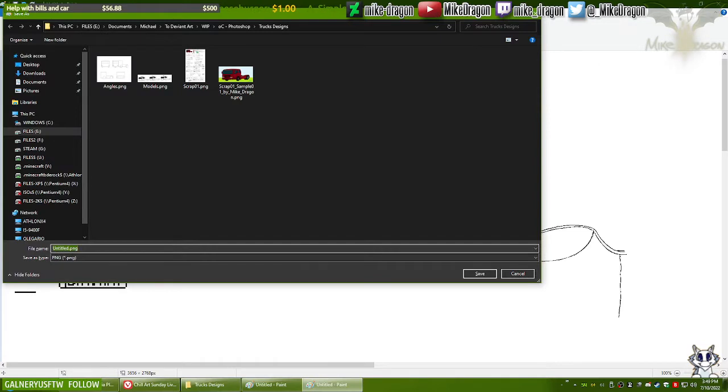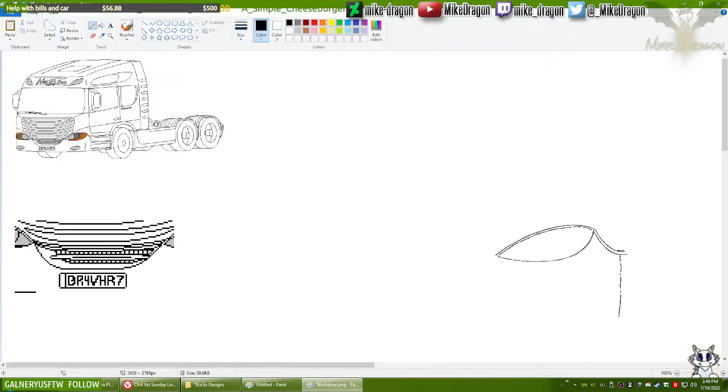Should go ahead and save this. Let's call this file workshop, because this is where I'm gonna do all the sketching as usual. Now let's keep going with this line.